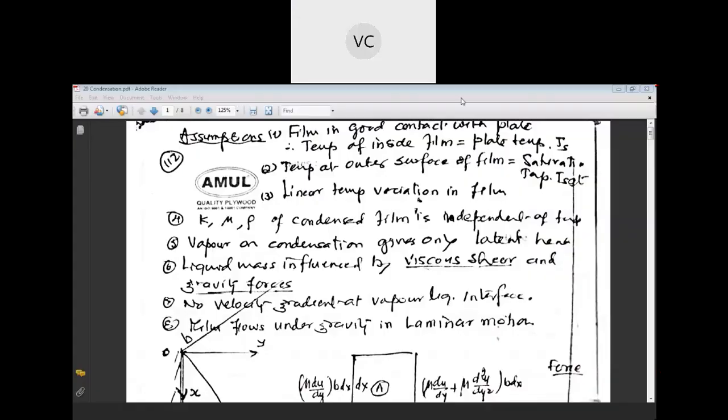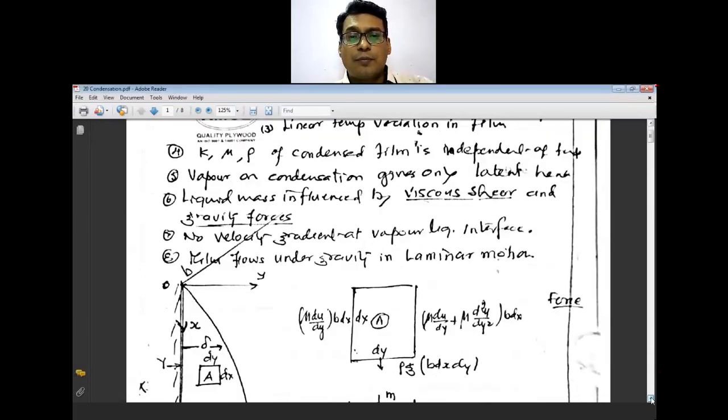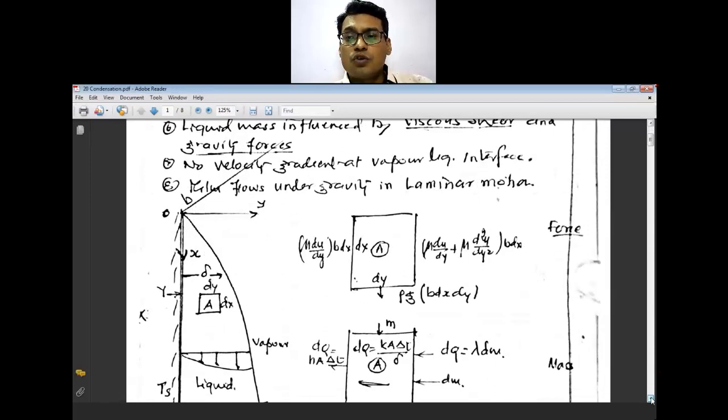Dear students, I welcome you for today's lecture related to the revision of condensation and the numericals associated with the condensation process. Yesterday we have seen the basic equation for condensation over a vertical plate, where the force balance and the mass balance of the liquid are taken,